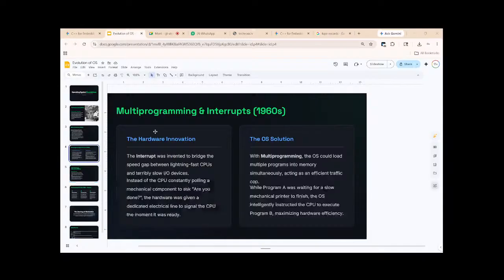Okay, like that. Now, the interrupt was invented to bridge the speed gap between lightning fast CPUs and terribly slow I/O devices. So, this interrupt was just invented and it is used to